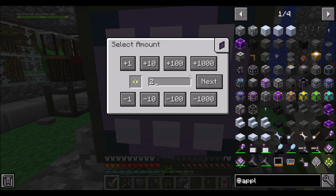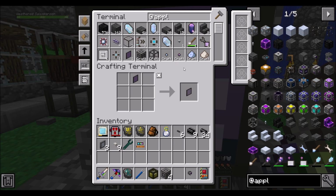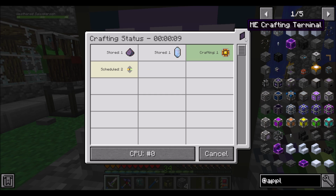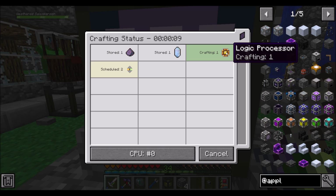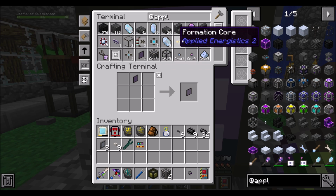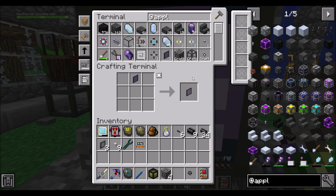All right, so we're going to want like 2 of you. Let's get 2 of these. Let's get... crafting CPUs are available. They should be soon. All the cool things. Once we have wireless access, then it's going to be even cooler, right? The other thing we need, though, is totally going to be...